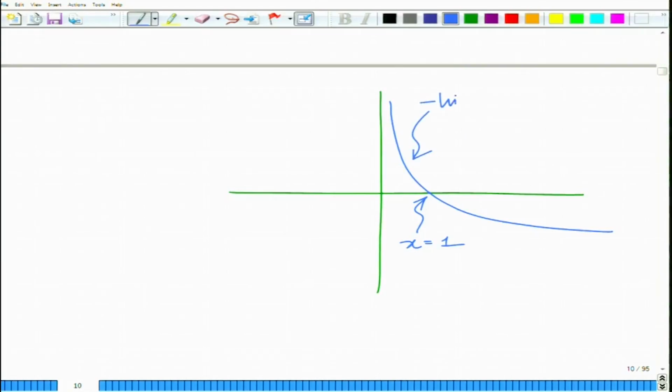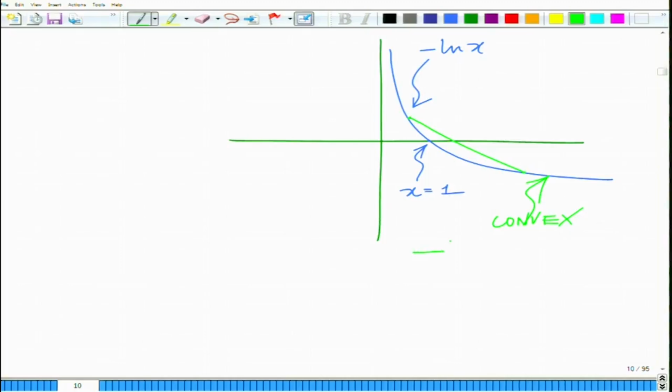So, this is minus the natural logarithm of x, and the chord lies above the function. So, this is convex. So, minus natural logarithm is convex, and this implies that the natural logarithm of x is a concave function. That is technically the correct way to demonstrate